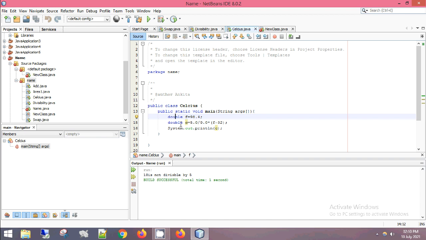Then C is storing the formula, and if you see over here, I wrote it as double because when I give the input in the form of double, the answer may come in the form of a decimal. Then System.out.println, we are printing the value.